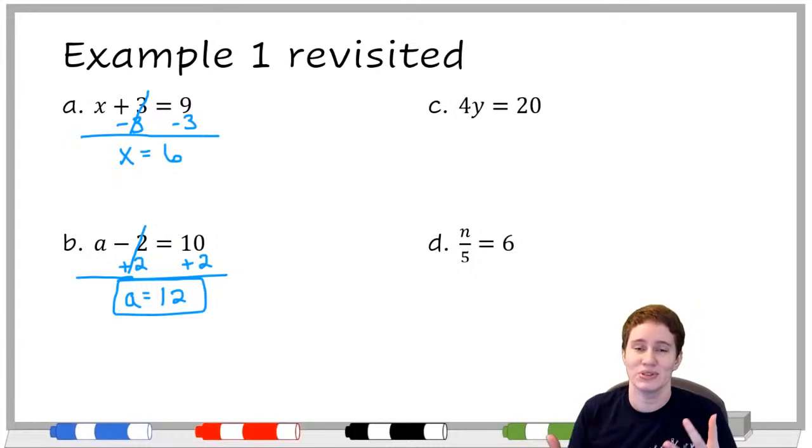So if you wrote down your work here on B and then said A equals 13, everything else was right, you just wrote 13 instead of 12. Well, that's an issue with, you need to be more careful about adding 2, because 10 plus 2 is 12, not 13. Whereas if all you do is write down the number 13 without any other work shown, then the teacher or parent or whoever is looking at it has no idea why you picked the number 13. The number 13 could have just been a completely random guess on your part, for all they know,